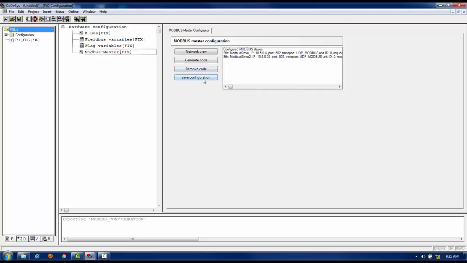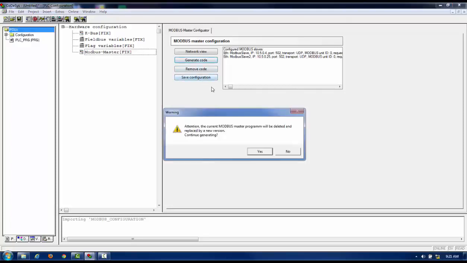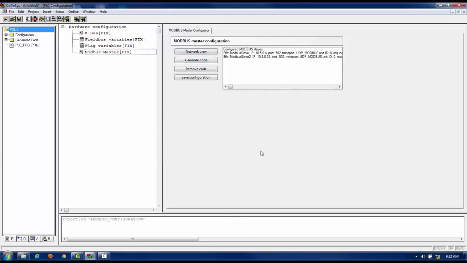So we're going to save the configuration, then generate code. And you'll get a little message saying that anything you generate now will remove anything you've previously created for the Modbus master program. Then yes, and you can see over here in our POU tab